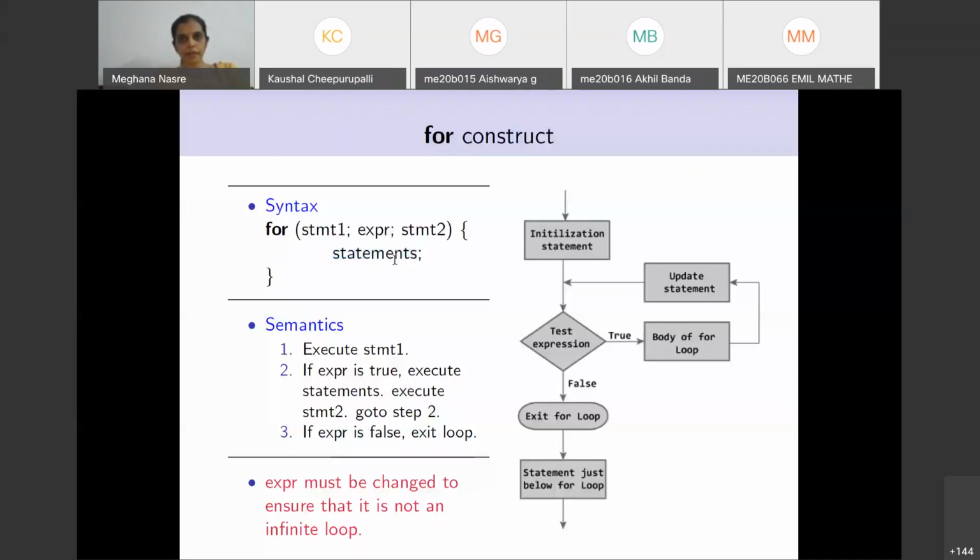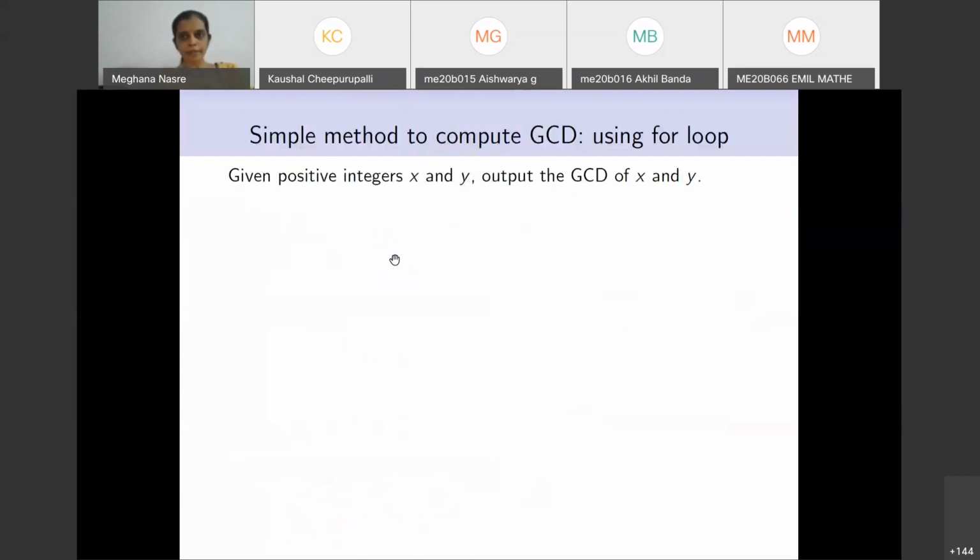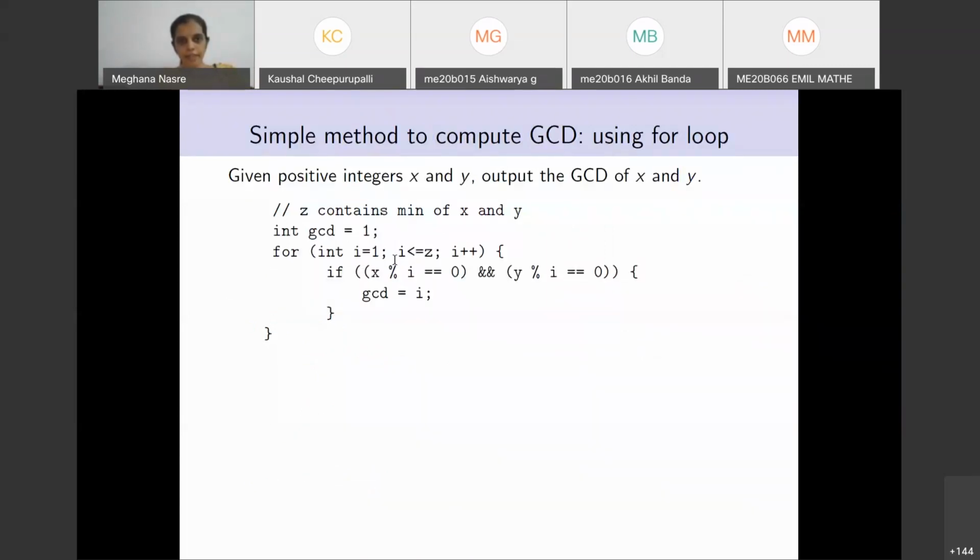Okay. So let's get back to that simple method of computing GCD. It may seem a little irritating, we are going over the same example, but the idea is to nail down that same example and do it using different constructs. So here we have used, instead of the while loop, a for loop. So we had this I which was being initialized. Instead of doing the initialization outside the loop, I'm doing it in the place where there was statement 1. Note that I am not only initializing the variable, I am also declaring the variable,